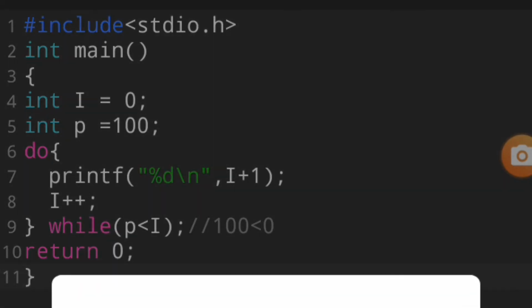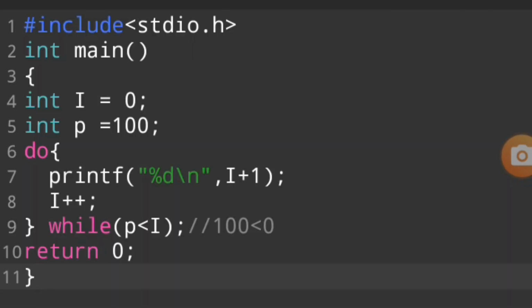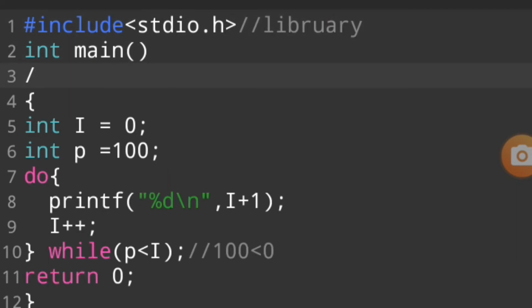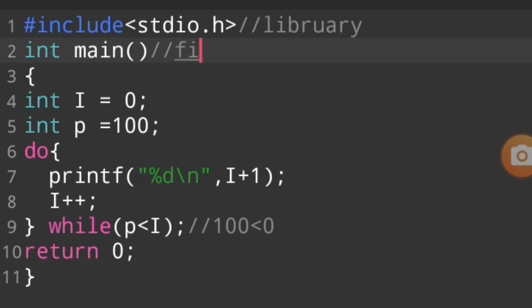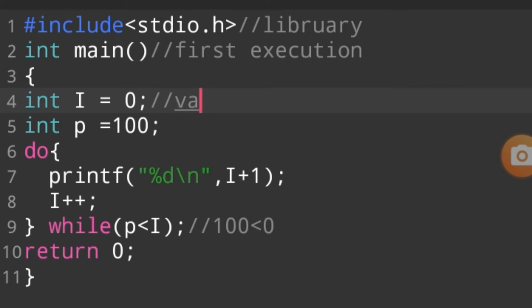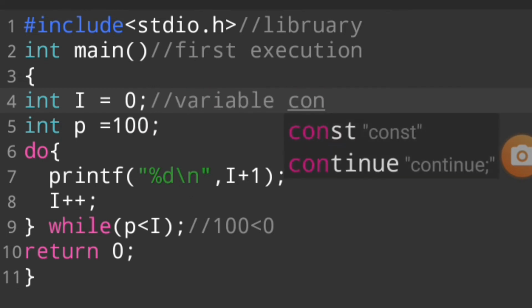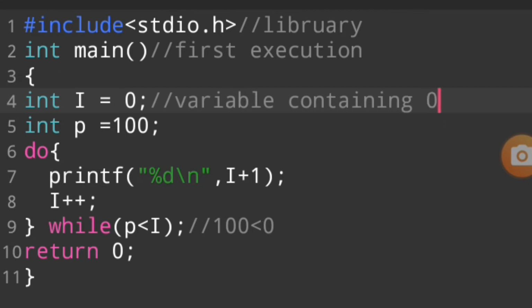1 is printed. I hope you understand this program. We summarize this program. First of all, we say hash include stdio.h. This library gives us some functions like printf and scanf. We use integer main for first execution. And then we declare a variable containing 0. We declare another variable